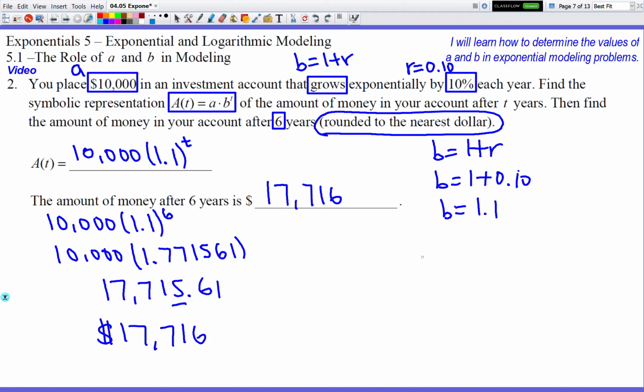Okay, so that is it for this lesson. You guys have 6 problems to do on your own. And like I said, the advice that I want to give you is identify everything that's important first. Okay, so that you can figure out all the letters that you need to identify, right? The A, the B, and the T value that's going to eventually be used after your equation is already made. Okay? Alright, so good luck,